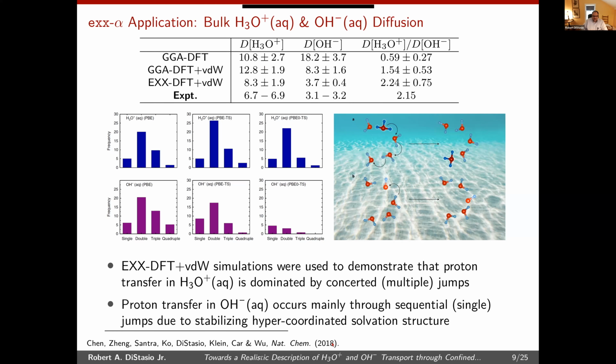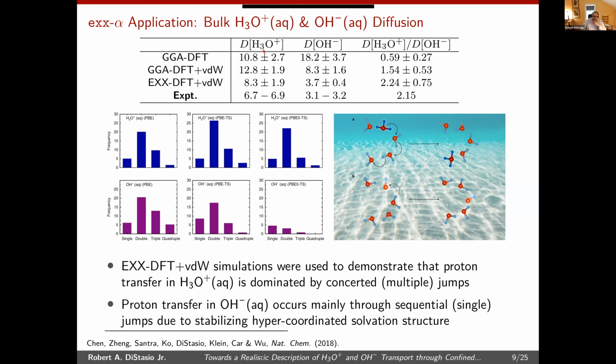Now, the interesting thing here is that, again, here's the PBE column, the first one here, and this is the number of jumps that it takes as it transports, right? So in a hydronium, what you see is that there's some single jumps, mostly double and triple jumps, and a little bit of quadruple jumps. So this is how many water molecules will jump in a single event. And as you add van der Waals, that doesn't change qualitatively. And as you add van der Waals and exact exchange, the hydronium picture doesn't change qualitatively, it changes quantitatively, but